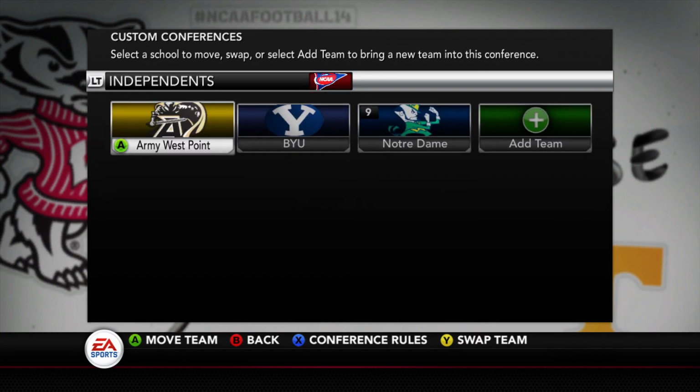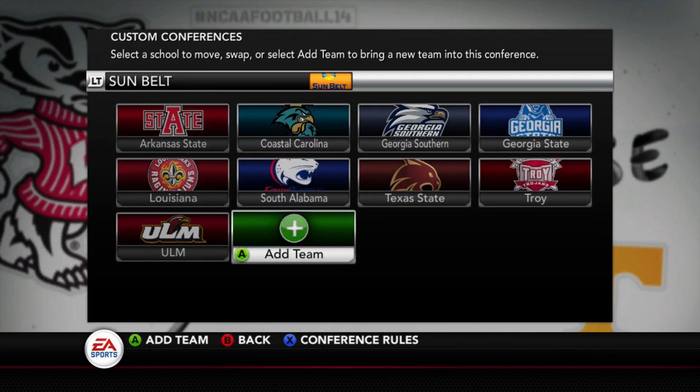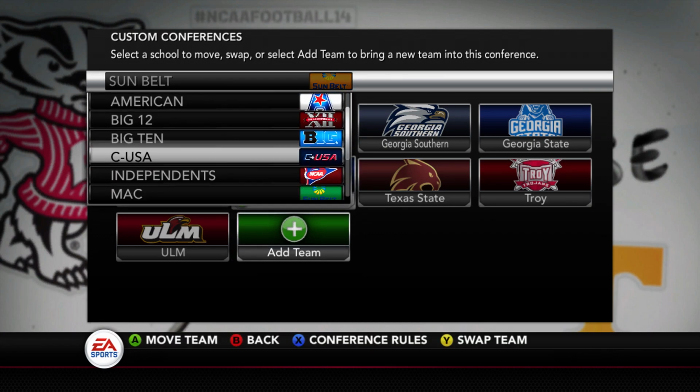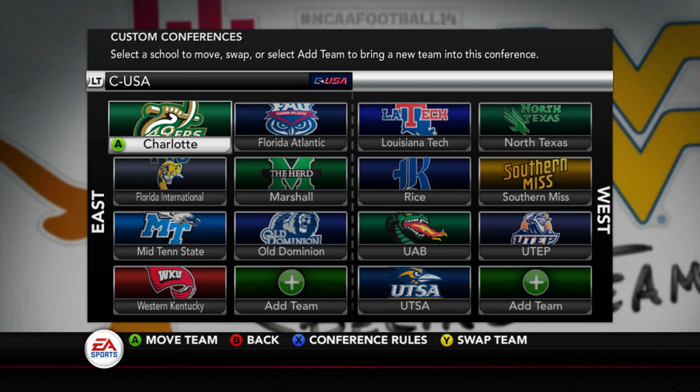So, essentially what you would do is the same thing all the way here. Make sure you add in Appalachian State. And then after that, you should be just fine. So what I'll do is I'll add that in post all of this. But that's essentially everything that you need to get done when you're going into your franchise, your